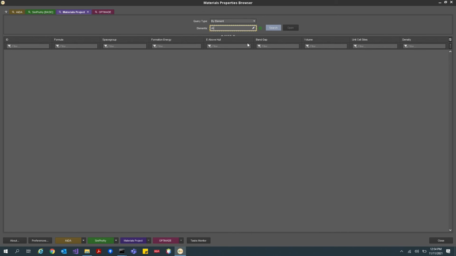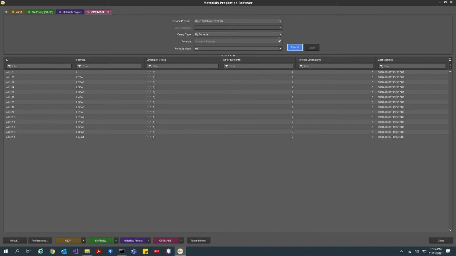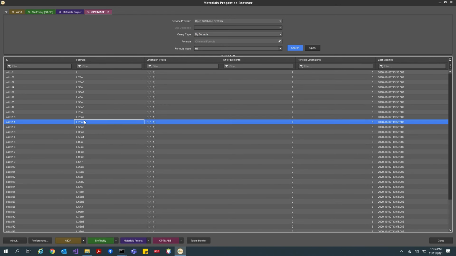Materials Project, let's see, again for aluminum dioxide. In this case, in OPTIMADE, I can open and perform a search. The search can be performed by formula, by element, so I want to get all the data structures that contain, for example, alumina. I can provide the ID. I can open,